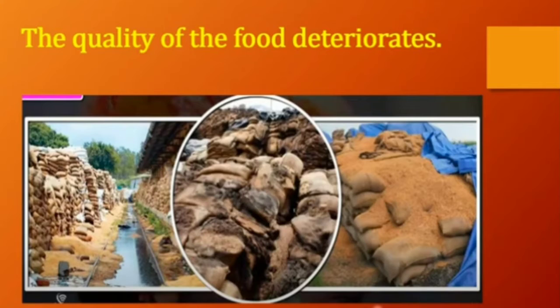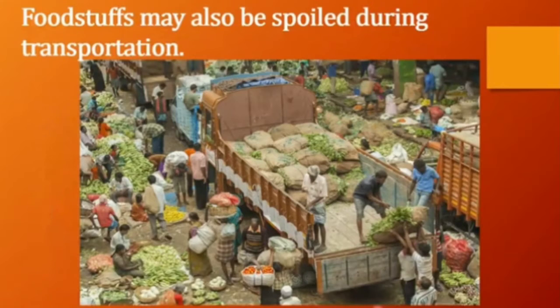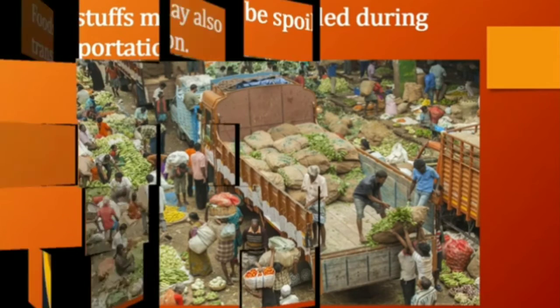Good. Sometimes food materials are spoiled by wrong handling, as when they are overcooked or improperly stored, say in a damp place. In such cases, the quality of the food material deteriorates. Got it, children? Food stuff may also be spoiled during transportation. As you can see here,